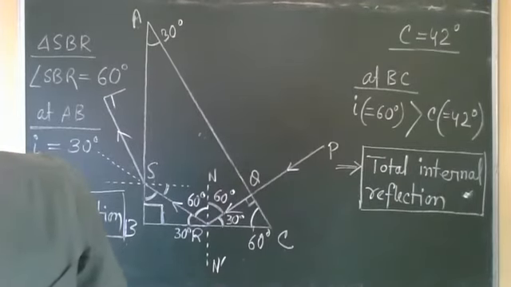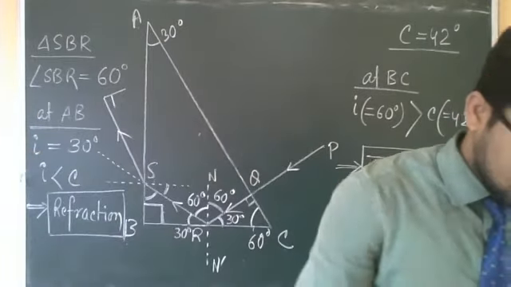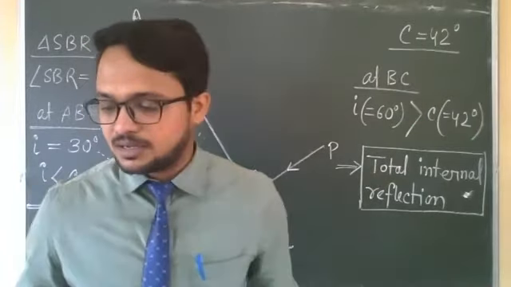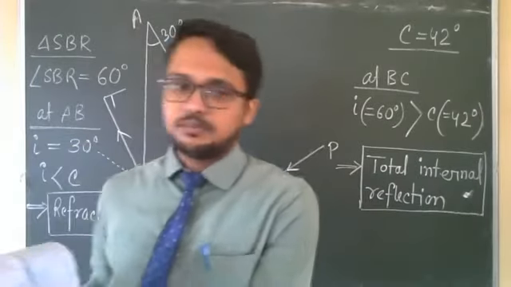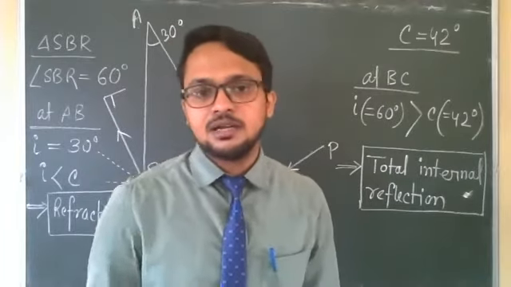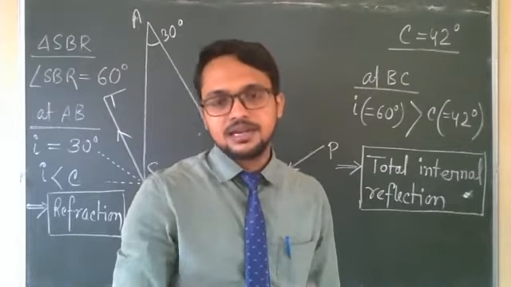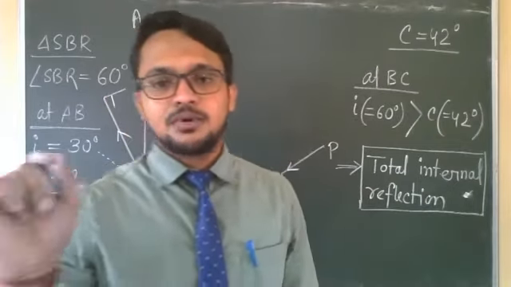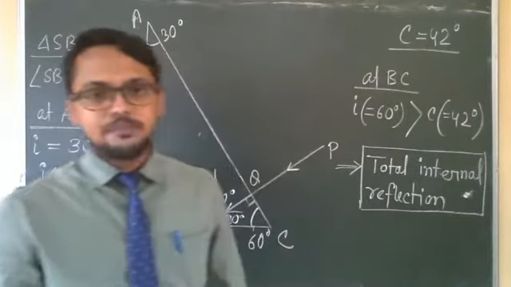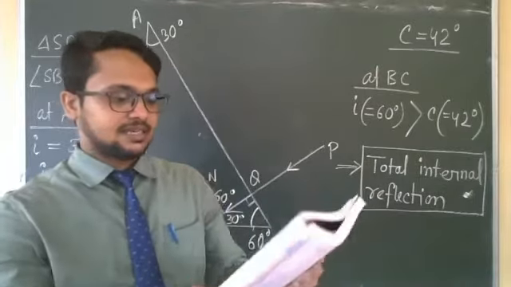Now come to the differences between total internal reflection and normal reflection. Mark that in your book. I had already told you different points, but again I am telling those points, point by point. First point: total internal reflection will occur when light enters from a denser to a rarer medium, under a particular condition. Normal reflection will occur at any angle of incidence.